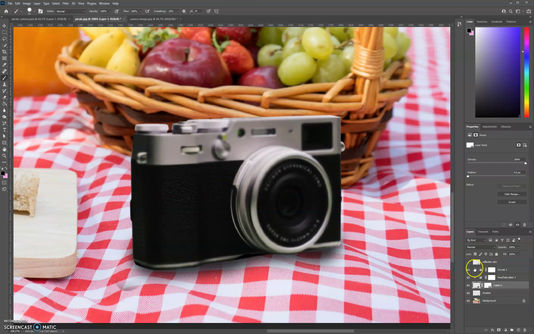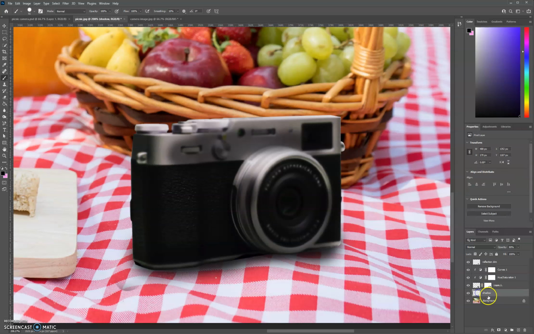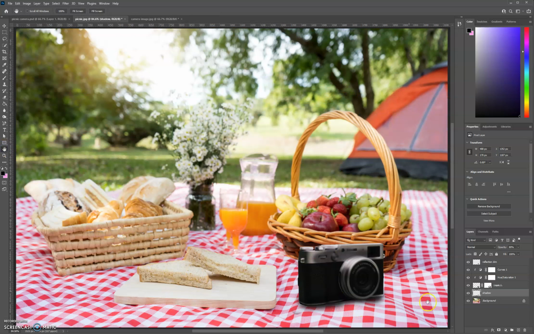Why are you showing black? I'll put that back on. Alright, I need to mask out the shadow part as well. So what I'm going to do is add layer mask. And I'm just going to paint in. You need to be a bit more subtle about this. But you could go in and basically use the same techniques to just cut out parts of the image to hide behind there. But the whole point of this is just to get used to adding these different